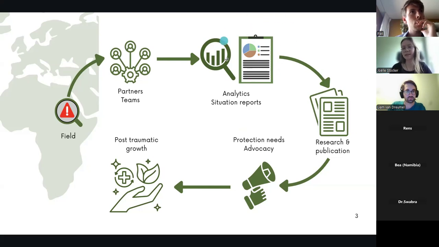So this can be collected in the situation reports to get overviews of what is happening, and it can also be analyzed. This data that is now structured and that can much more easily be analyzed and also linked to other data can then be used for research and publication. So this is where the data that was in the field that was not really available to anyone else can properly become available to the wider public, and knowledge is created from this data so that it can also be used in other cases. For instance,